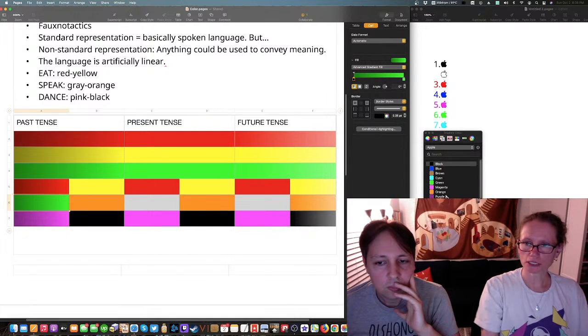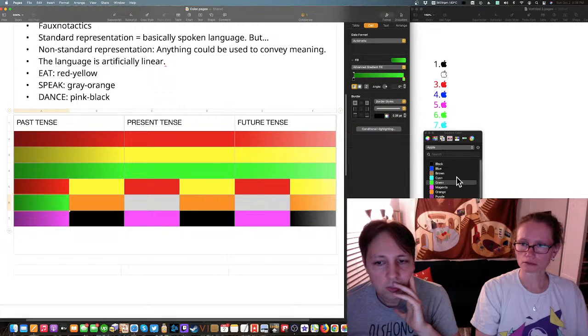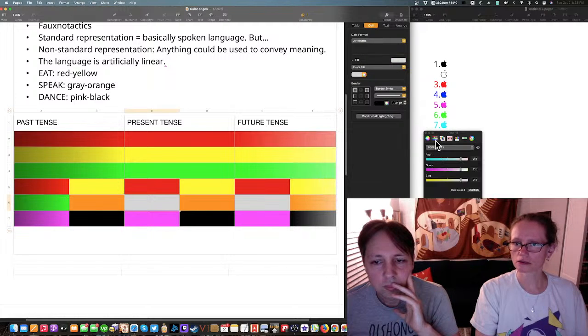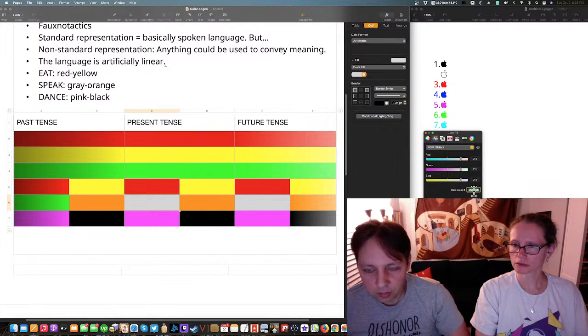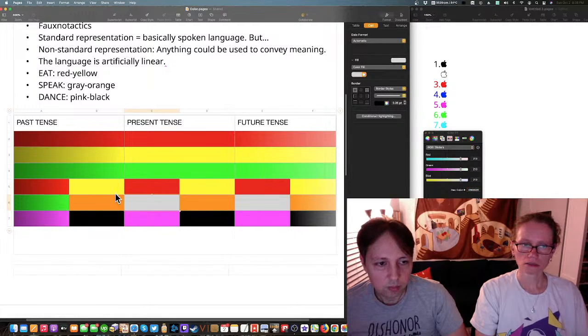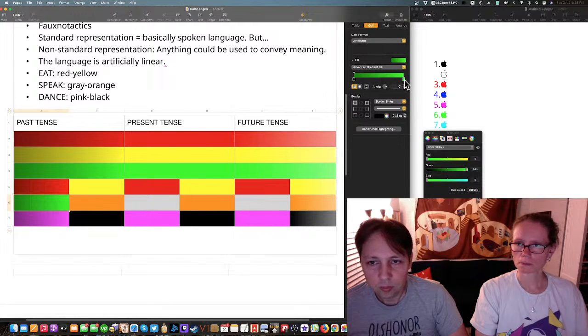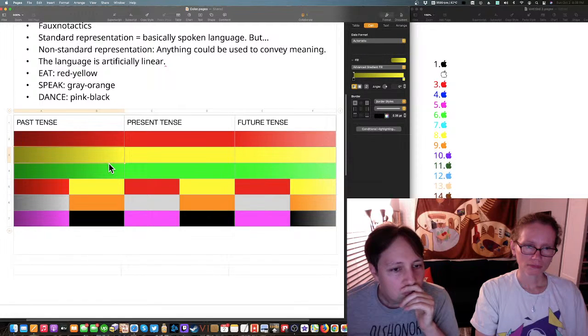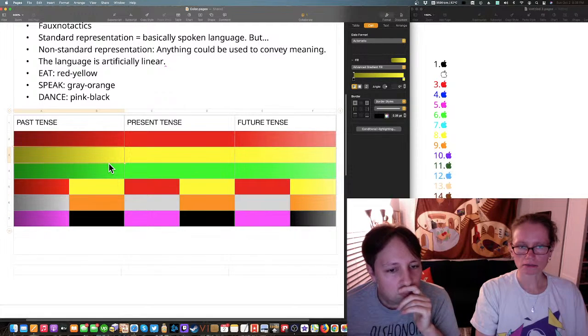Oh, but you need the green to be gray. There's no gray here. What is the RGB value? D5. I don't see a problem with that.